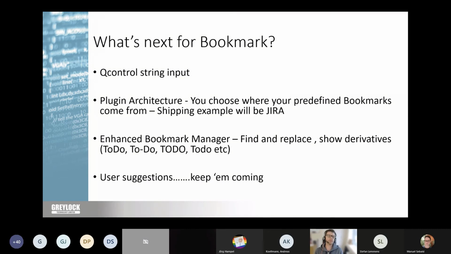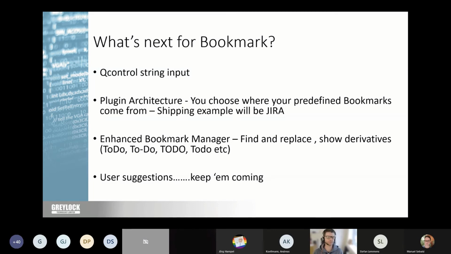Well, I'd like to replace that string control on the front panel. I'd like to replace that with a queue control just to help tidy up the block diagram a little bit and implement a couple of features in there that I think it will certainly make it easier. I'd also like to spell plugin correctly, but I'd like to go to a more plugin based architecture where you can choose where and what your